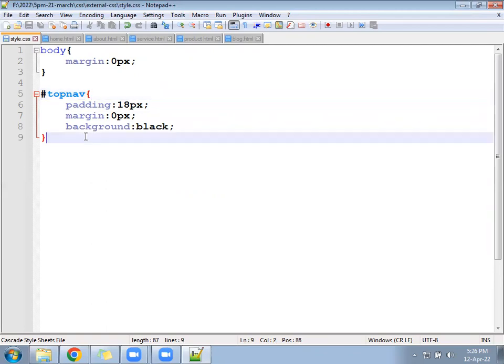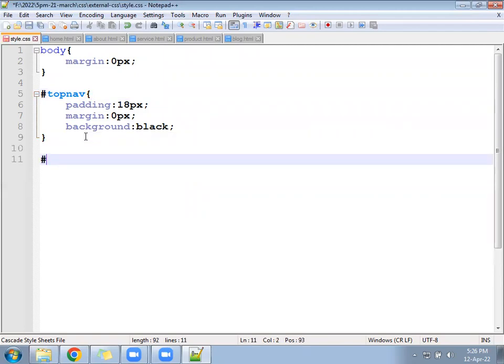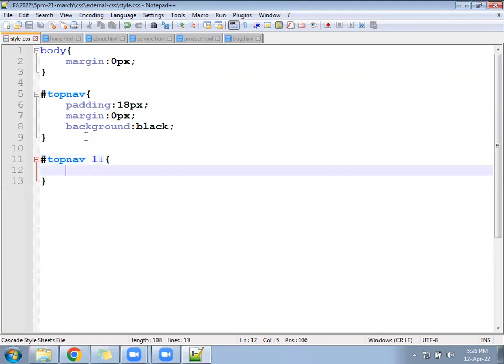Come down. Write the ID top nav space li.